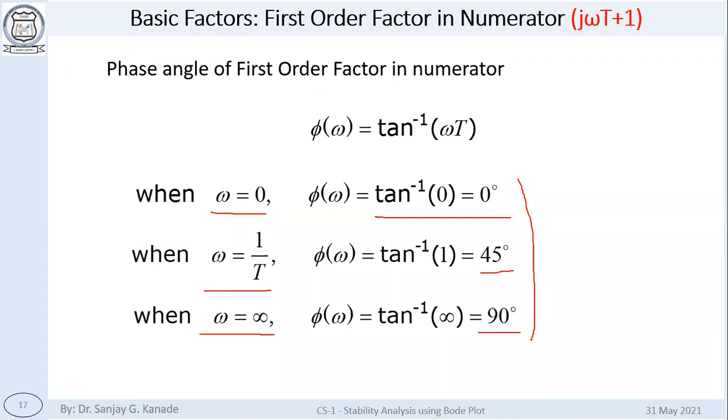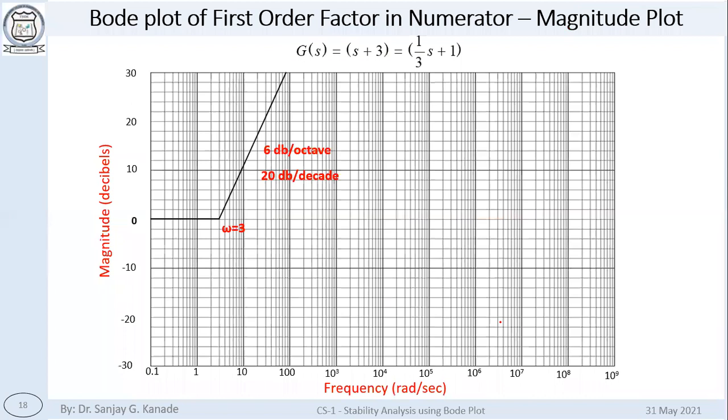So now let's see how the graph of this factor will be plotted. Now recall that the expression is in 1 plus st form. That is very important. You have already seen this when we talked about the time response of a first order system. That time we found out the DC gain k and the time constant. So this is the time constant representation. We have to have it in the form 1 plus st.